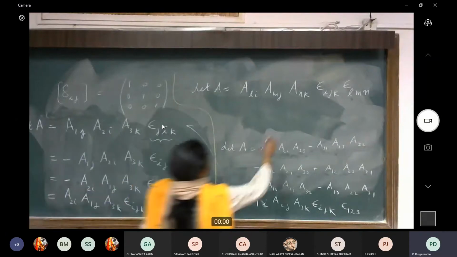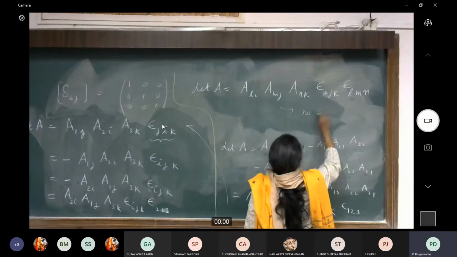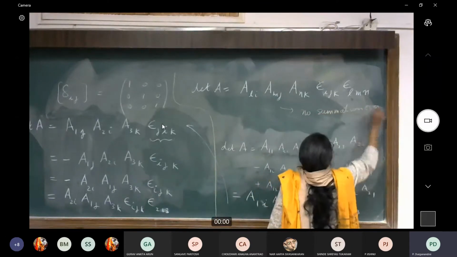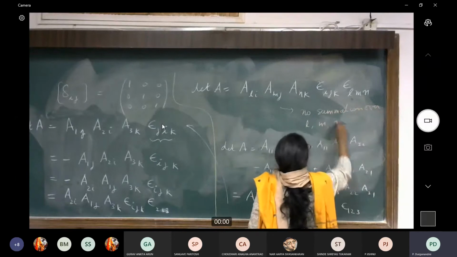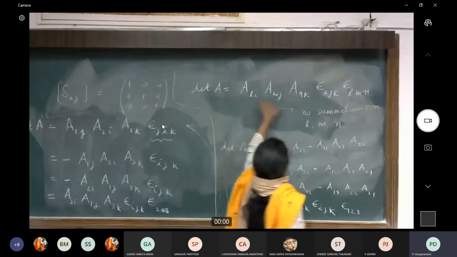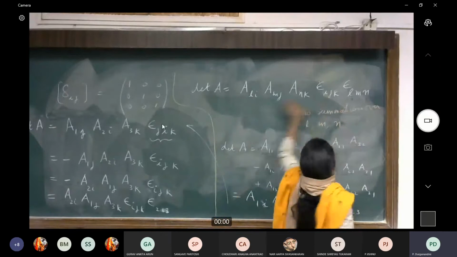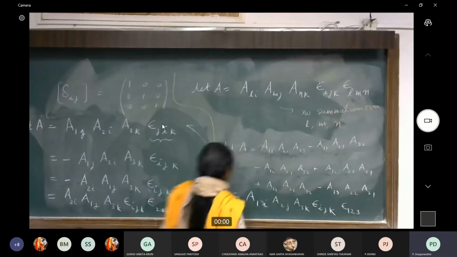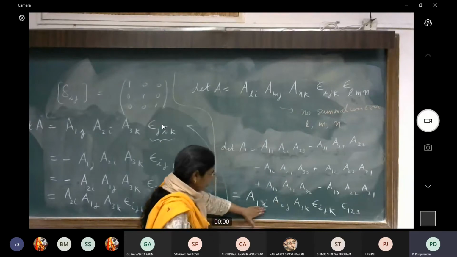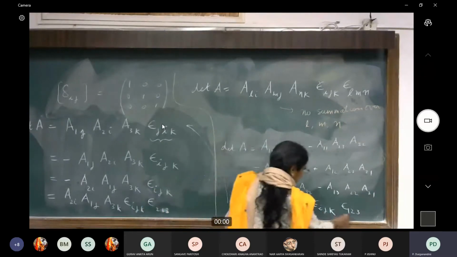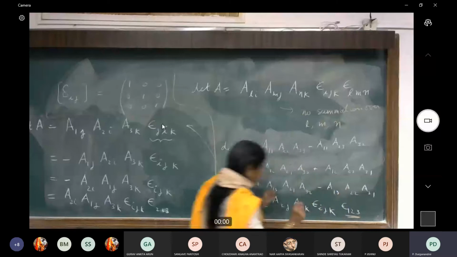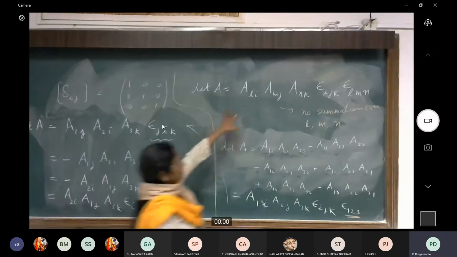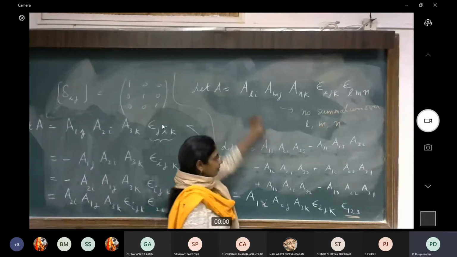I just want to say here that there is no summation over L, M, N. The way I have written it here, it might look like a summation, but I'm not making any summation. If I fix here, you look at this expression, 1i, the summation is only over the second indices. And this one which I put is simply adding that extra minus sign, that's all. There is no summation, otherwise I'll get a redundant answer. So please keep that in mind.